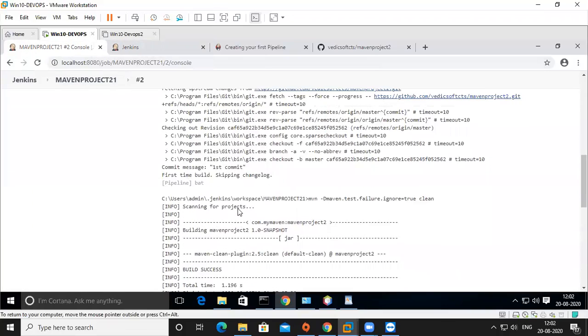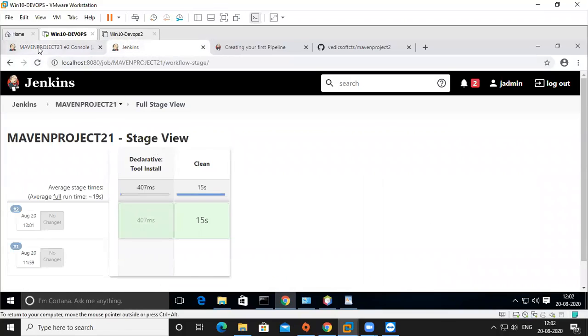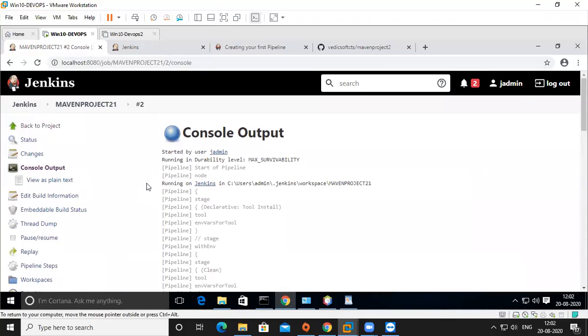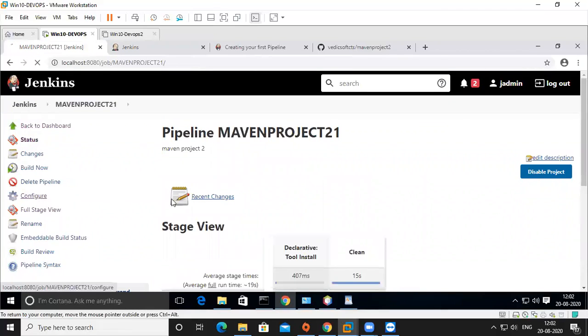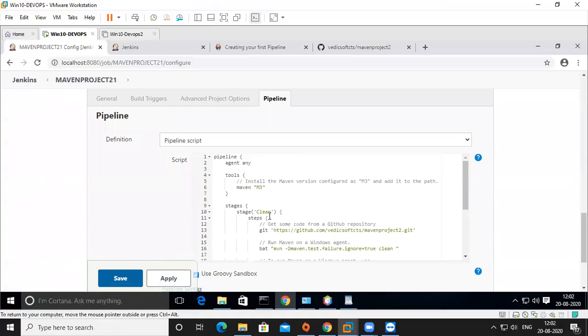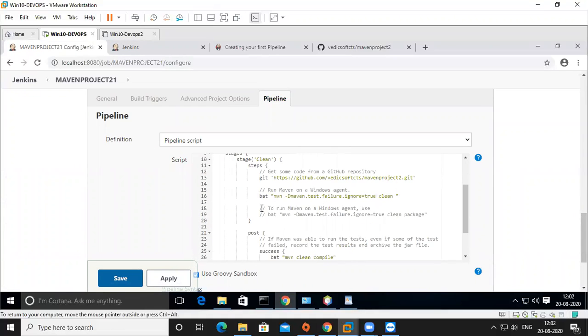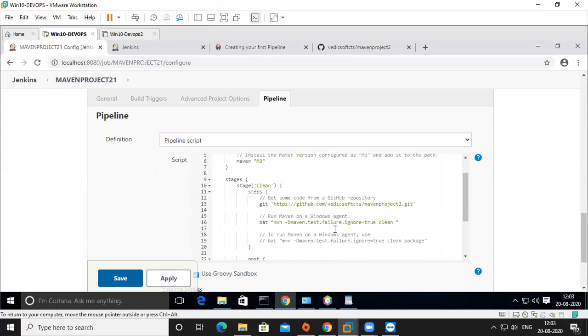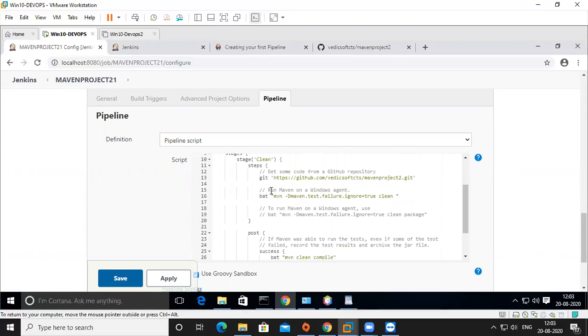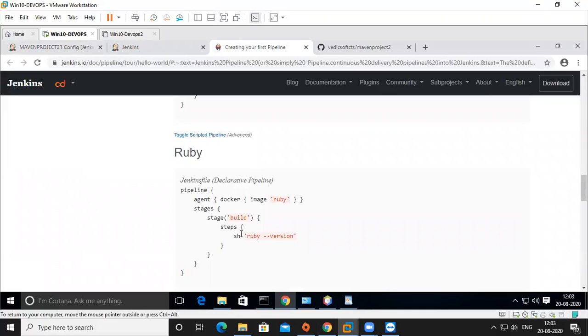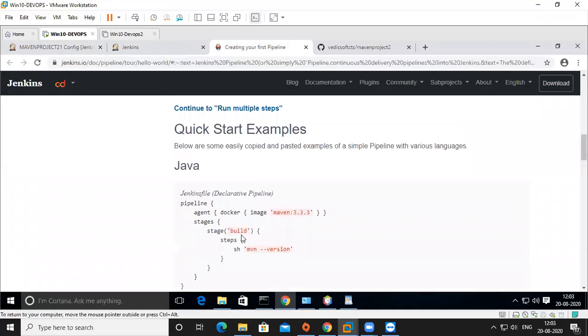This is second one. So we have to see the stages in a pipeline project. Once it is done, then you can start adding one by one. Go to configurations, again pipeline. Then you want to declare more things here, like we declare clean package kind of stuff. You can declare here also, like you can use this one, compile here, you can use it, or you can use multiple stages also. It is showing a single stages only, but I want more multiple stages.